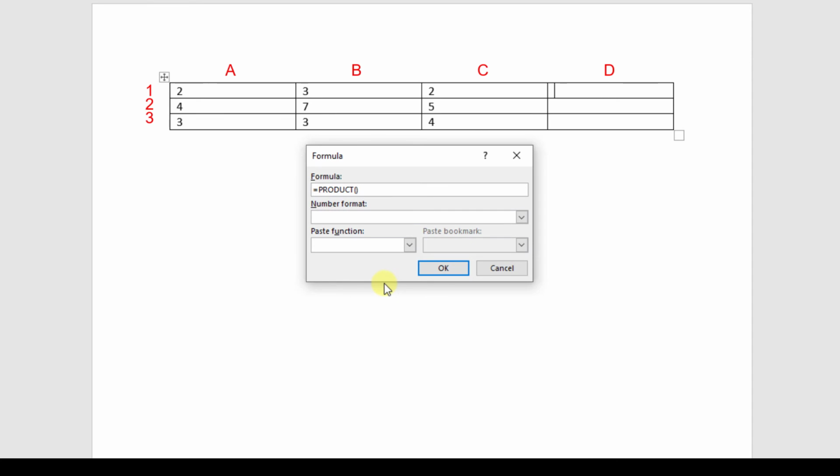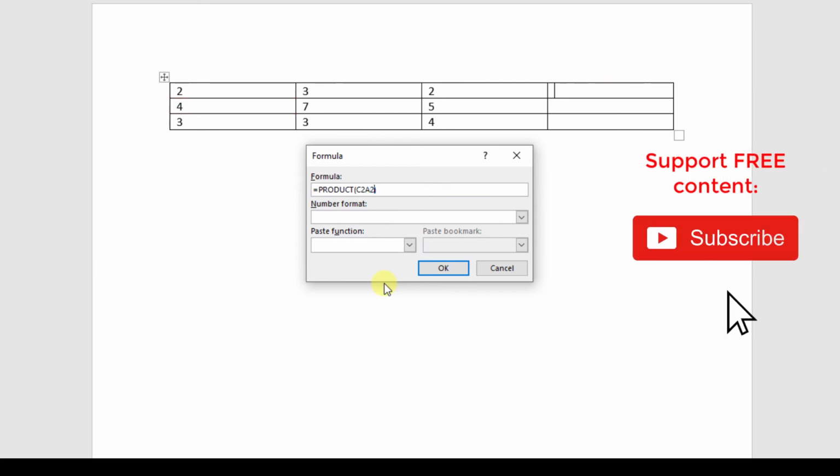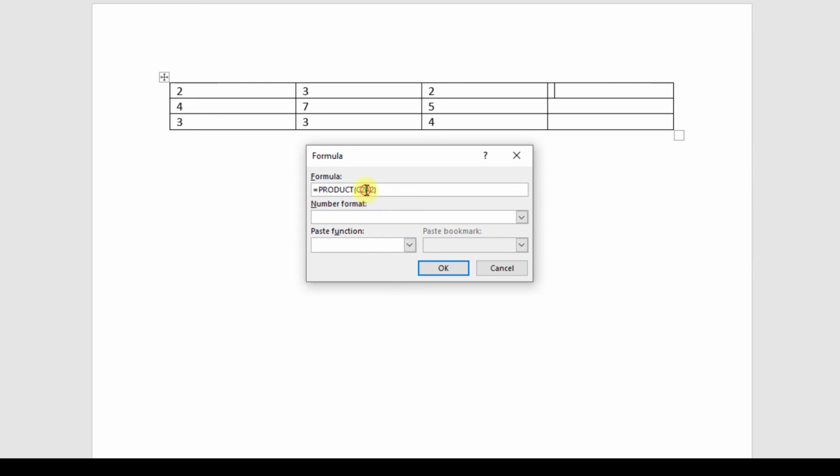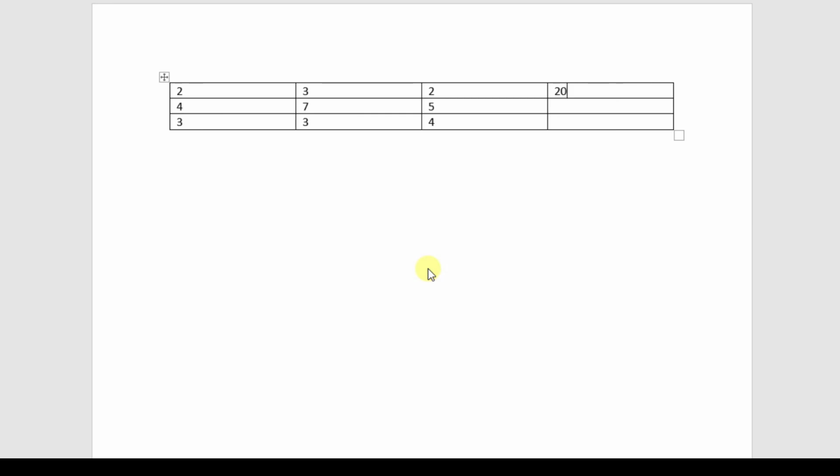So if we want to target the third cell in the second row, we need to type C2 inside the parentheses, and to target the first cell in the second row, we type in A2. The cell labels of course need to be separated, and therefore we insert a semicolon between the labels. When we now click on OK, the cell will contain the product of the 2 selected cells.